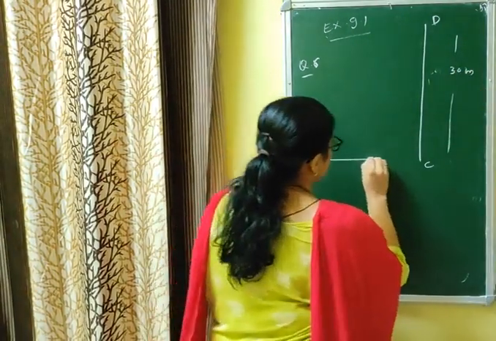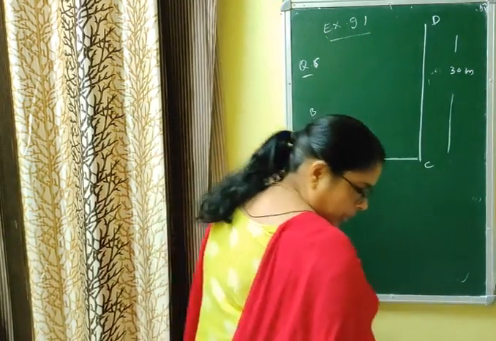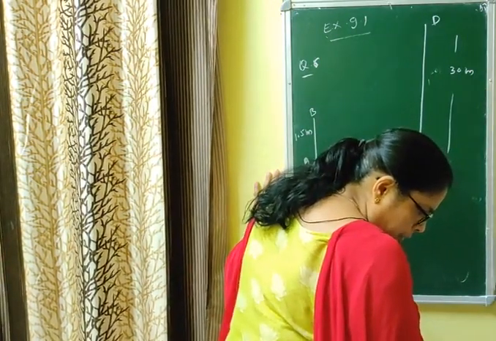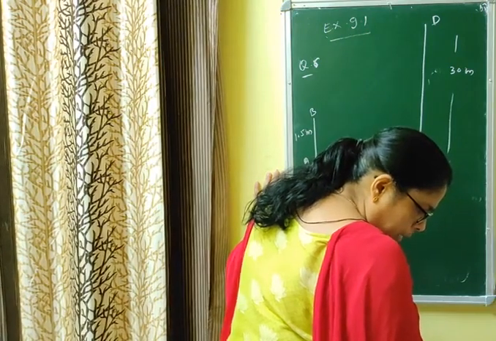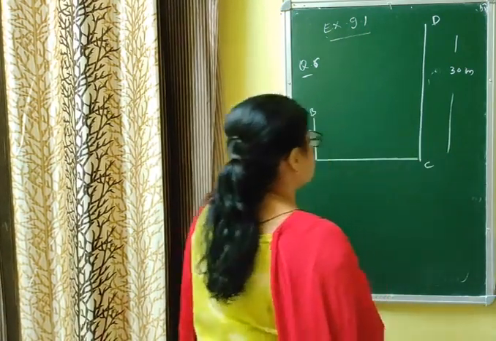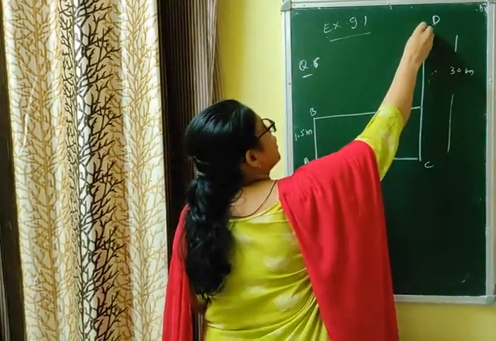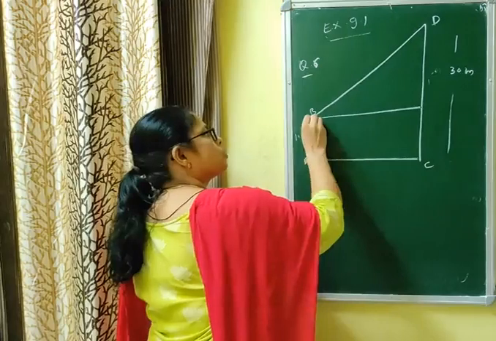Now if you join it, it will be a straight line. Now what is given? It is given that the angle of elevation from his eyes to the top of the building increases from 30 degree to 60 degree. एंगल ऑफ एलिवेशन बनाने के लिए हॉरिजॉन्टल बनाना है और लाइन ऑफ साइट को जॉइन करना है.